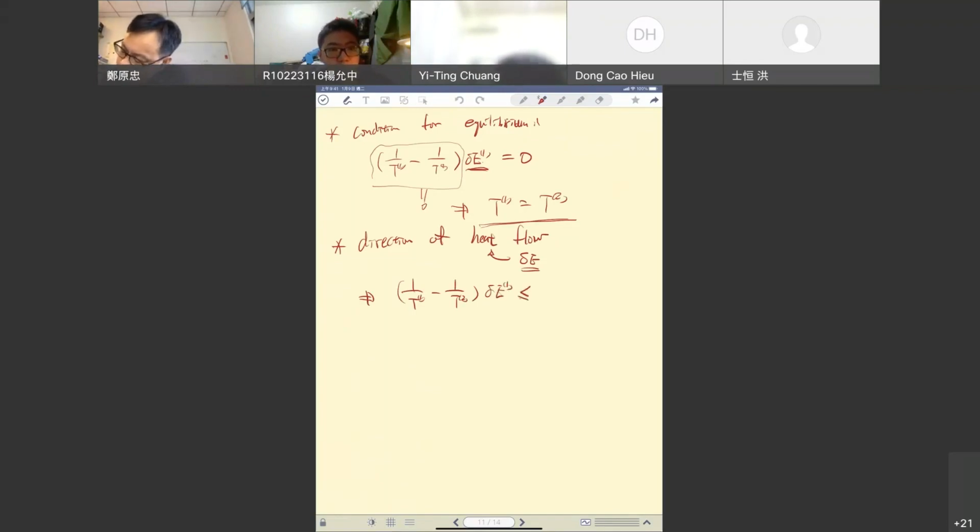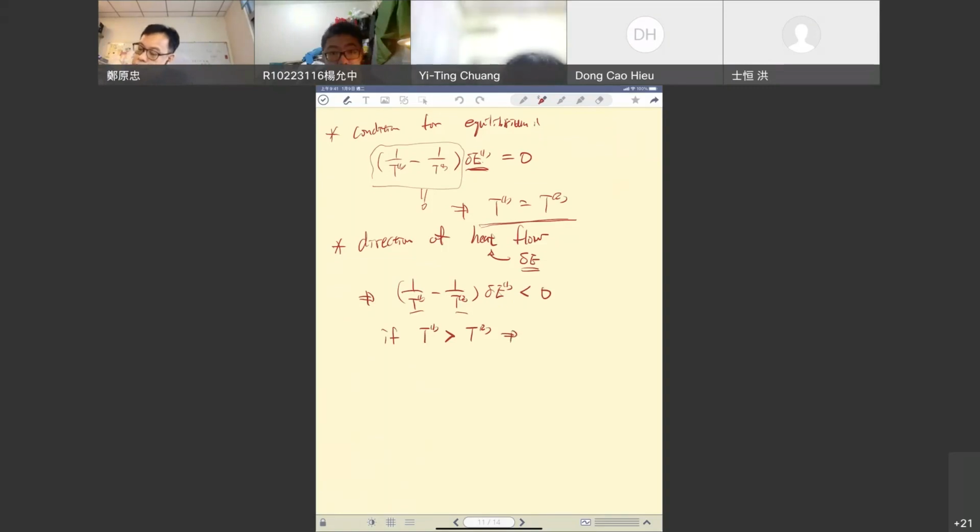Now we don't need the equal sign. There is a direction and it's non-equilibrium. It's spontaneous, so it's an inequality. This now depends on the temperature, so we argue this separately. If system 1 temperature is greater than system 2 temperature,